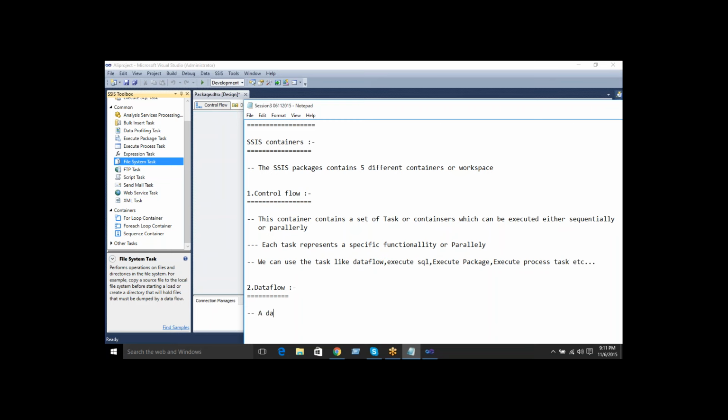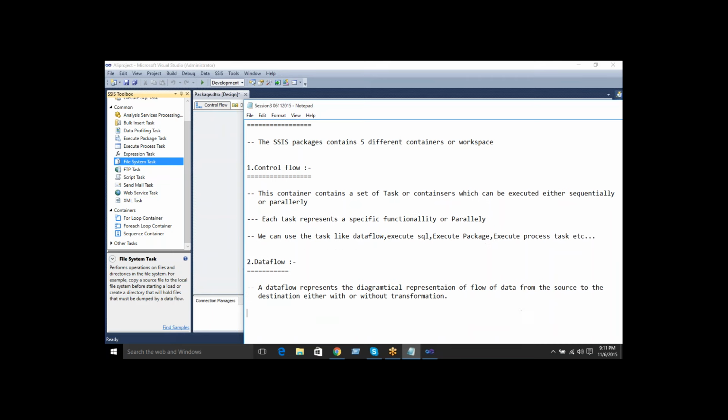Most of the time you have to use data flow items. Data flow represents the diagrammatical representation of the flow of data from the source to the destination, either with or without transformation.